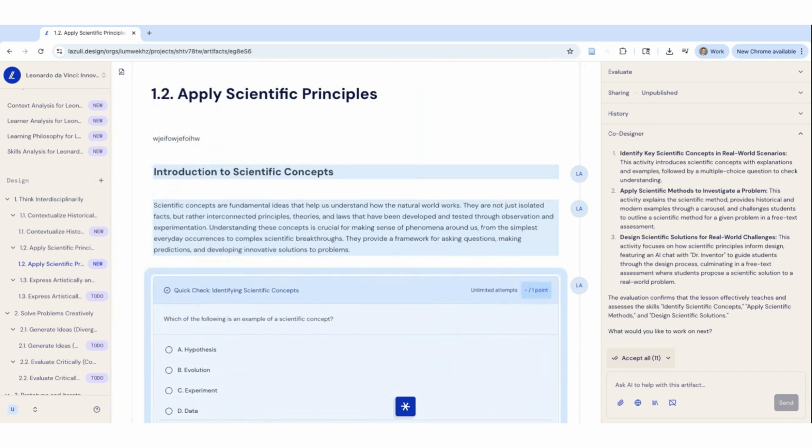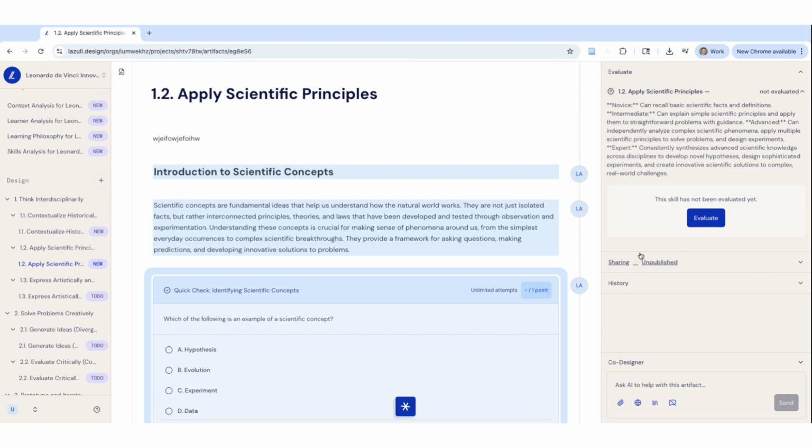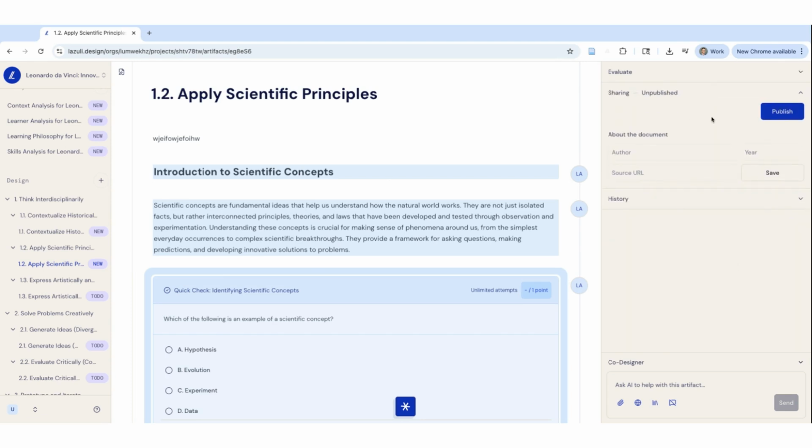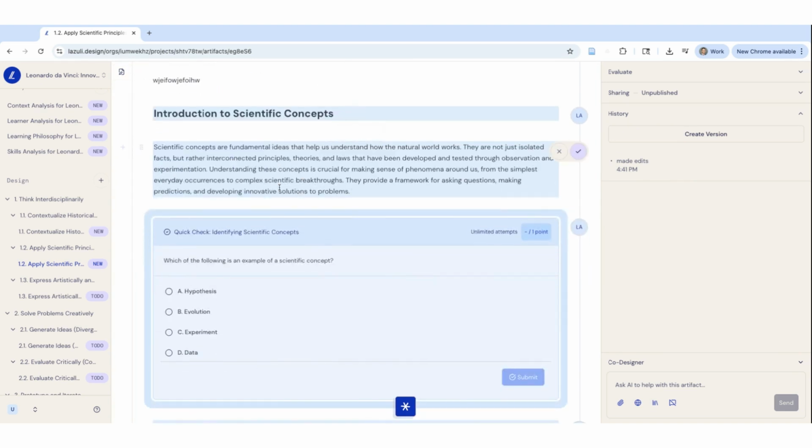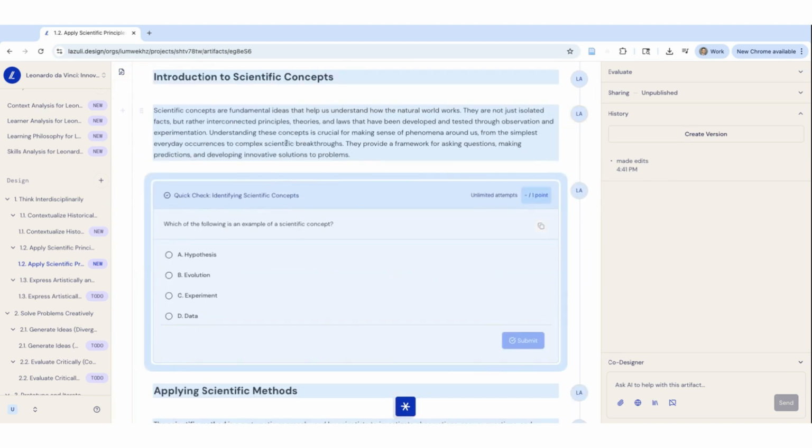teaching these concepts. You have access to your evaluations up here, which will go into a greater depth, how to share it, either to students or for other people for review. Version histories are all in here, suggested changes and edits. So if you want to make changes in here without necessarily finalizing those, this is all